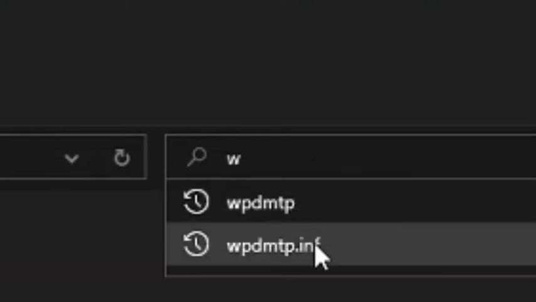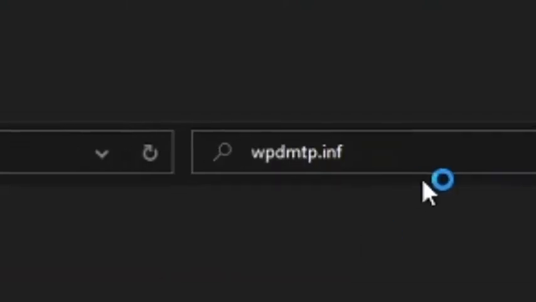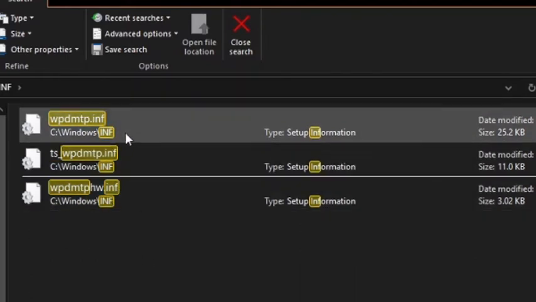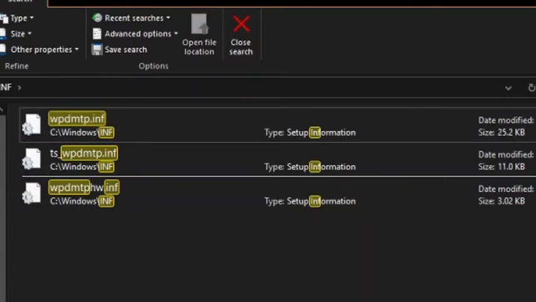I'll make sure to write it on the screen while editing this video. There will be three files, and you need to right click on the first file and click on install, and it will install the basic driver to recognize your Android device.